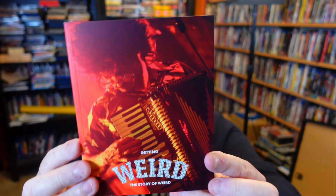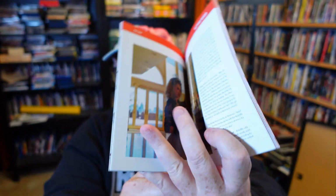Now, I haven't seen this, but I have seen the trailer, and I have seen Weird Al live on stage down at the Palais here in Melbourne. Great gig. Really fantastic gig. Did all of the hits. Engaged with the audience wonderfully. He's been back recently and did another gig at the Palais as well, which my friends tell me was a lot of fun. So in this one, you get Getting Weird, the story of Weird, which is, again, lots of